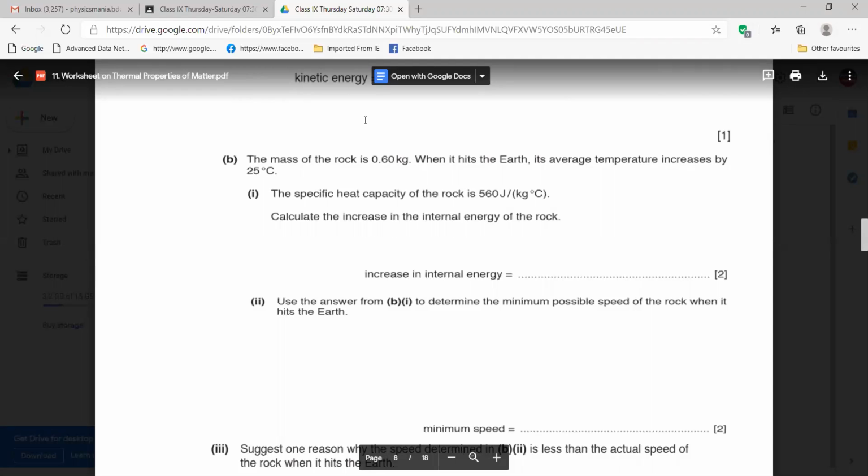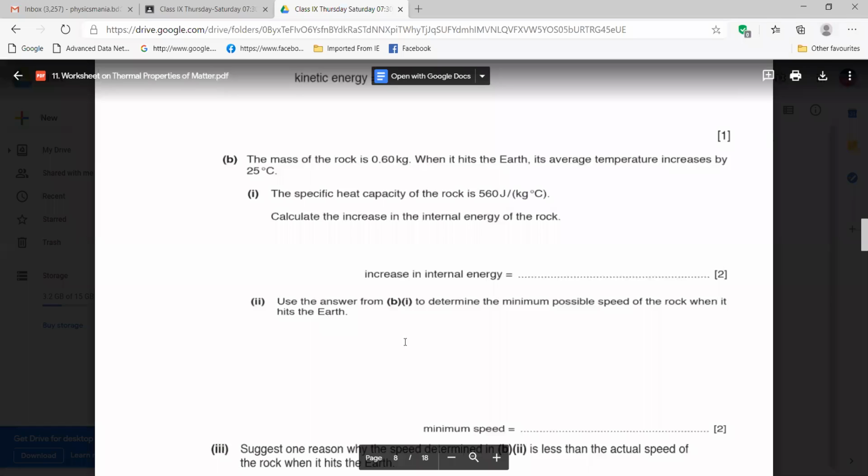So the heat energy you got is the result of kinetic energy. That means kinetic energy is converted to heat energy, isn't it? Whatever increase in internal energy you got, that is your kinetic energy. So you know the formula we did in topic 8, KE equals half mv squared. When we found v, we rearranged it, right? Can you remember that formula? If you make v the subject, what will be the formula then?